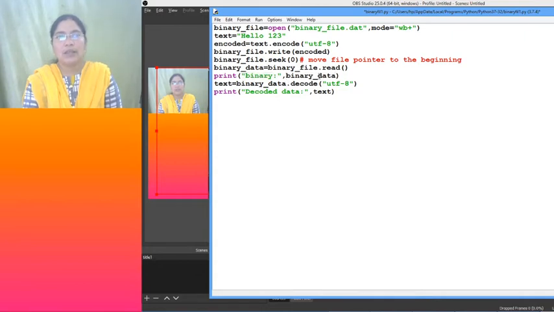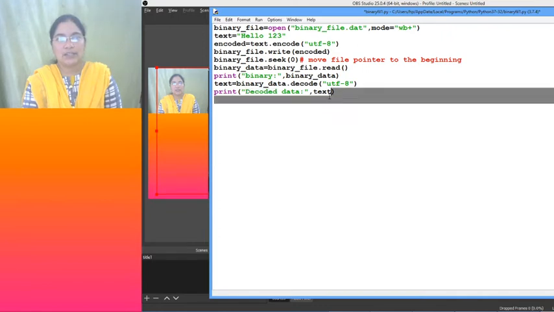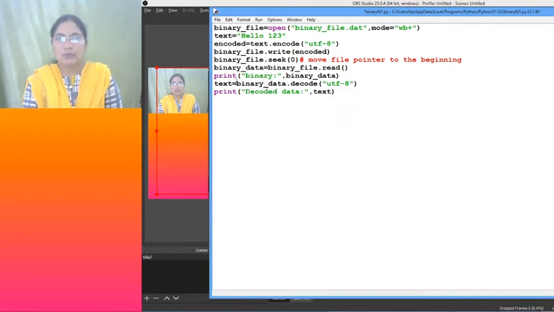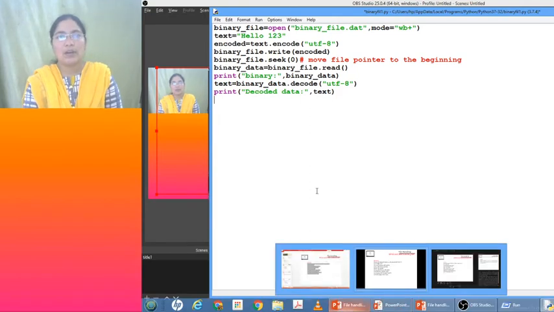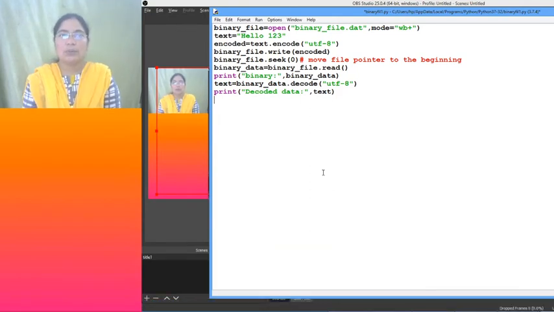Binary data we are displaying. So now the text is the decoded text. Whatever format you have encoded, decode it into the same format, and then if you display, you will not lose any data. You will not get corrupted data. You will get the exact data that you have encoded and placed into your binary file.